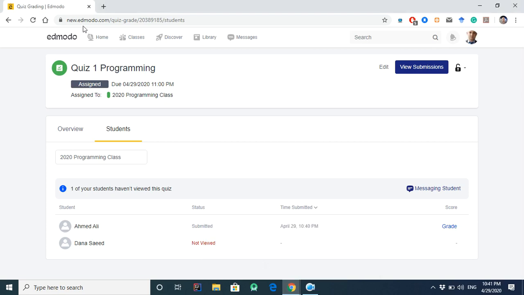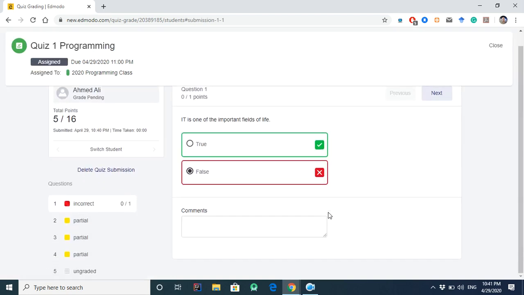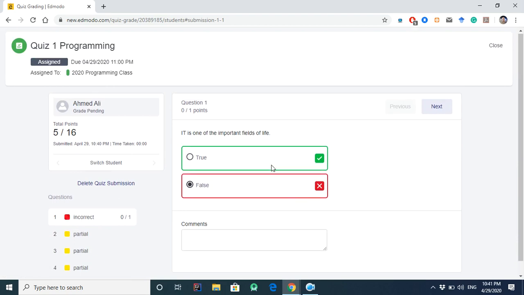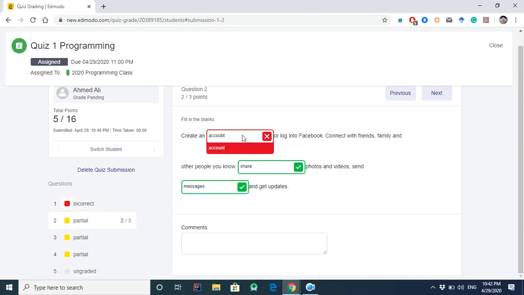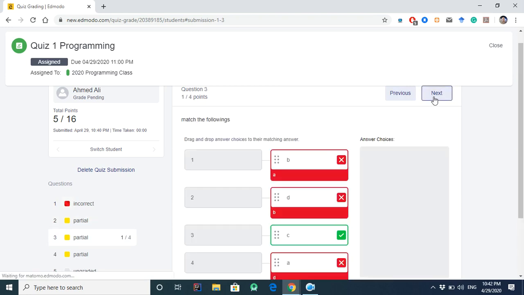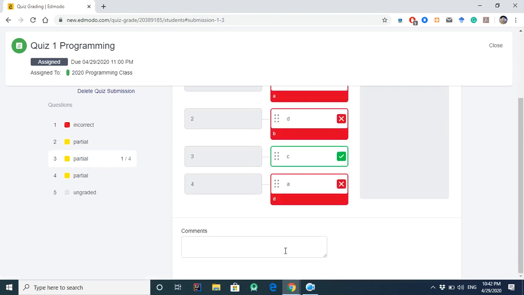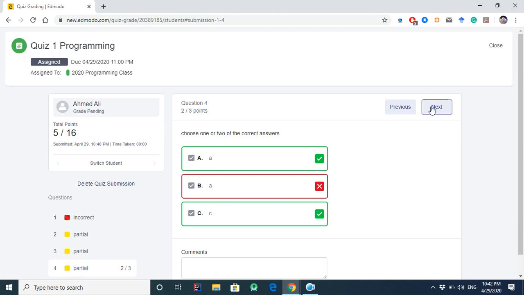So if we come here again to the teacher account, the students, now programming, we have Ahmed who submitted the quiz. Okay, so now you have to grade by yourself because you choose to not show the results to the students. Grade. Okay, question 1 was, for example, true or false. It was false answer, so this one we cannot play. So you can write only comment feedback for the students. Next. Second one also like was spelling mistake, so it is also you can write like what is wrong with this question. That one also can provide for each question comment for a student